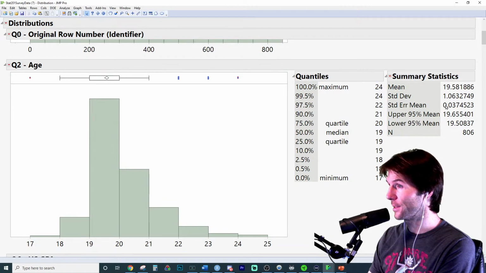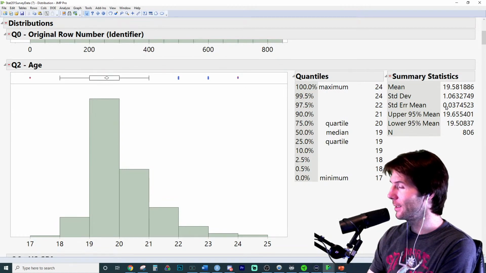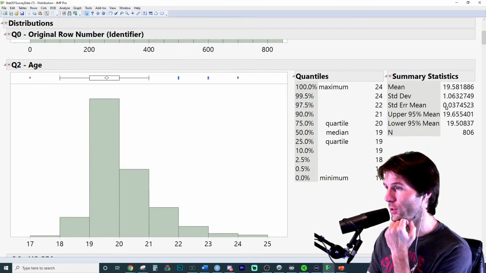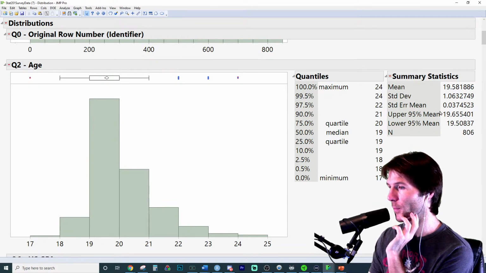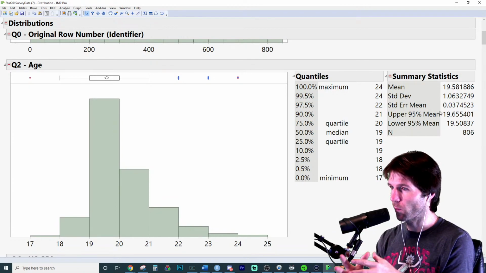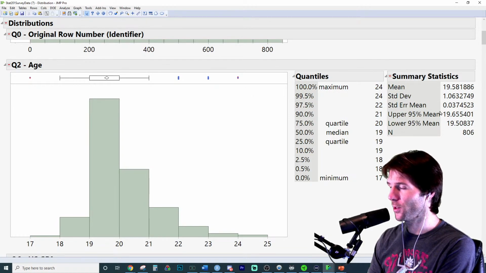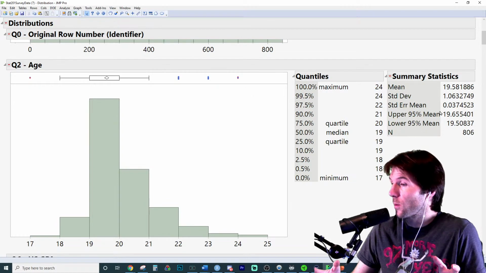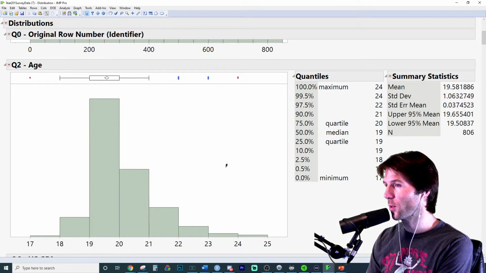Don't just say the mean is 19.58, but hint, hint, hint. The mean is the average age of students in this data set, which represents a student of 19.58 years of age being the average student. The standard deviation gives us a general spread of the data from the mean, which is the value of 1.06. So it's an idea of how far out the values are spread around the mean. Once again, rather than just saying the standard deviation is this, tell someone the standard deviation shows us how far out the data is spread around the mean. It's an idea of distance around the mean for the points. And that would be the proper measures.